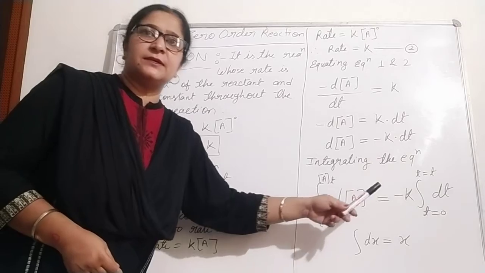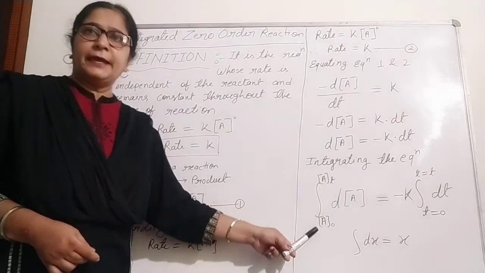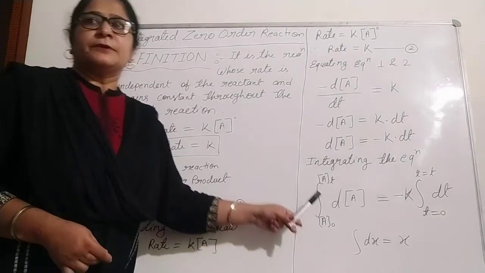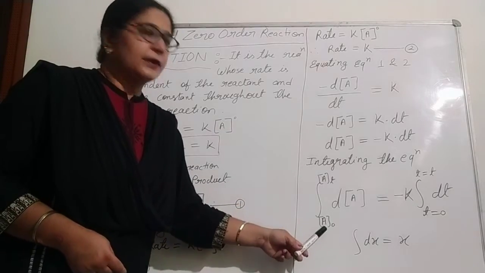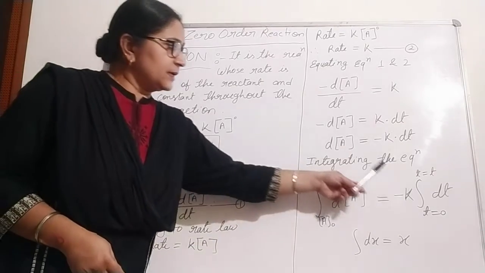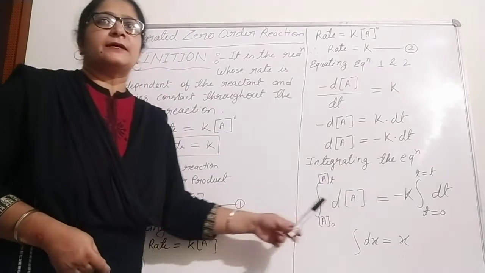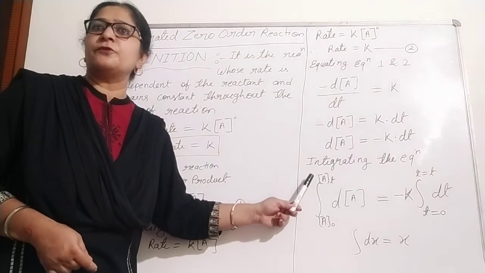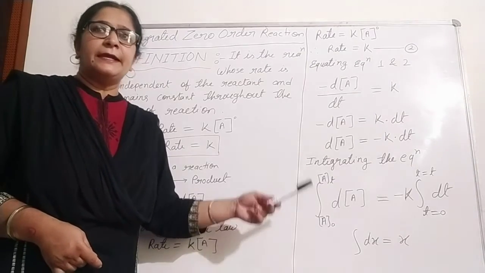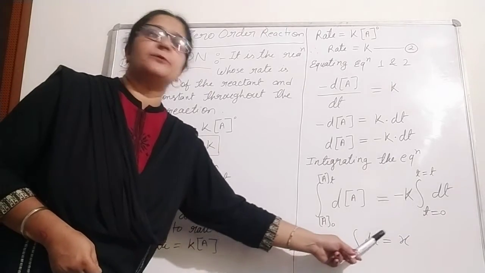If we consider time t is equal to 0, the concentration of the reactant A would have been A naught. Then as time increases to t is equal to t, the concentration of reactant would have been At. Since we know that the integration of dx is x,